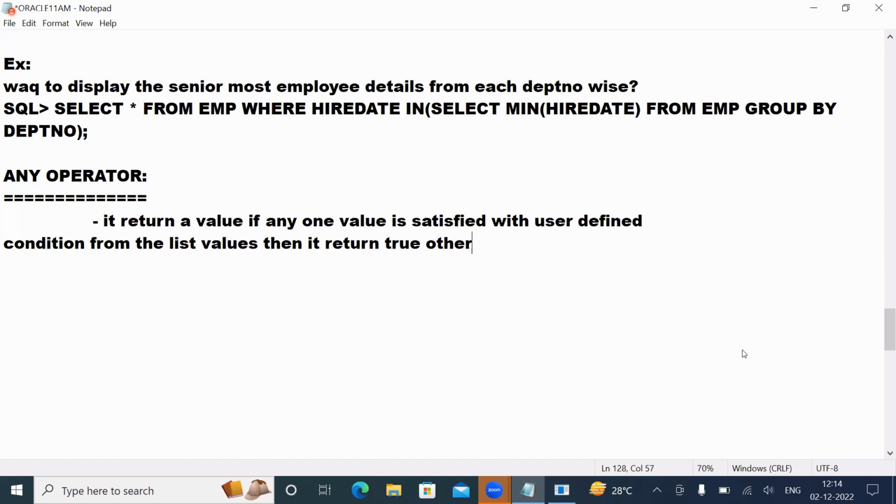What does it mean, sir? I have some confusion, sir. So I will avoid the confusion. Suppose I'm using, guys, carefully: x greater than ANY of 10, 20, 30. So 10, 20, 30 are the list of values. Got my point now? Suppose here I'm asking